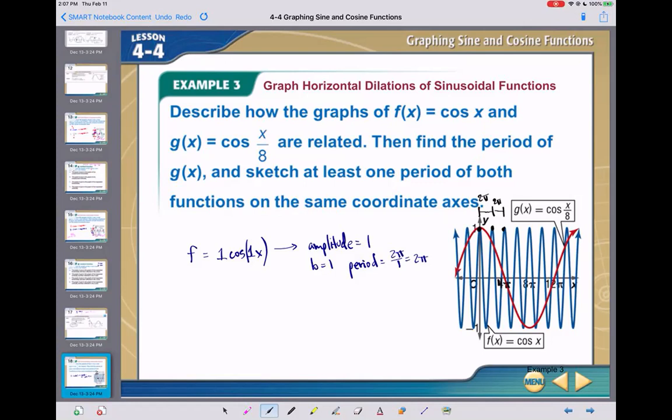So now let's take a look at the red. The red graph is G. And I'm going to rewrite this as 1 cos 1/8 x this way, because you'll see it both ways here. I want to make sure you're prepared for either way you see it. So here's what this means. The amplitude is 1 because the amplitude is the front a value. The b is 1/8, which means the period